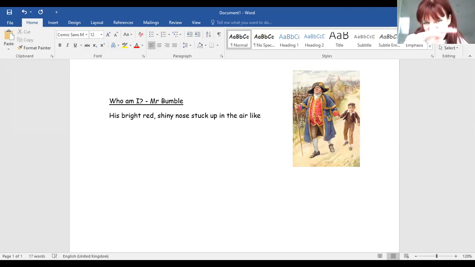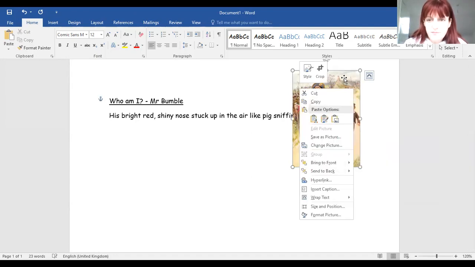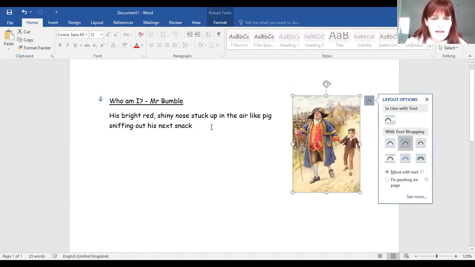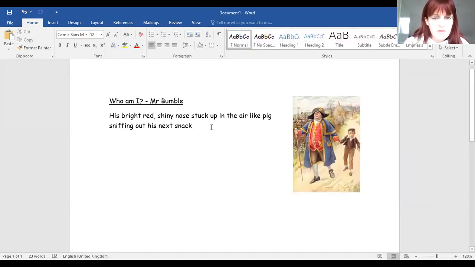Like, what's this? Like a pig? You know where? Yeah. Okay. So, like a pig sniffing out, oh, his next snack. Right. So you can't see that because something's gone awry here. So if I click on my picture, I can text wrap it. There we go. Like a pig sniffing out, or snuffling would have been better, wouldn't it? Snuffling